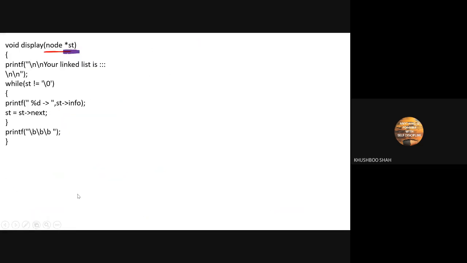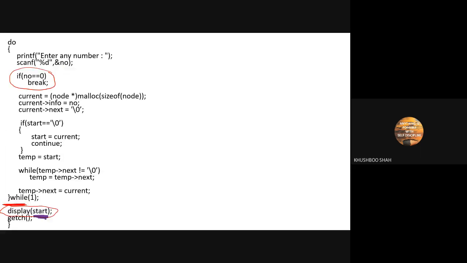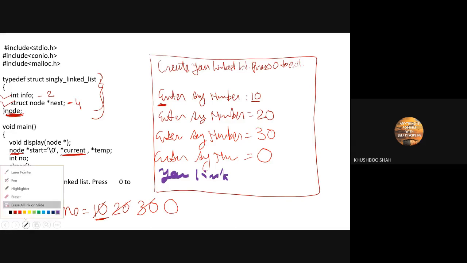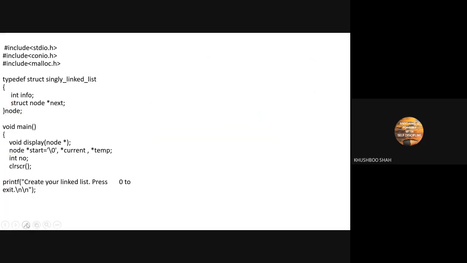Okay. Now what are we going to do? There is a statement, "Your linked list is". It's a simple printf statement that is going to be printed over here. Just assume that here is the console.